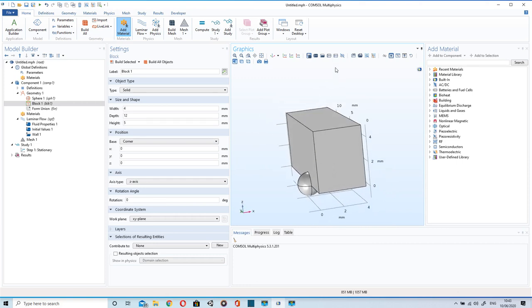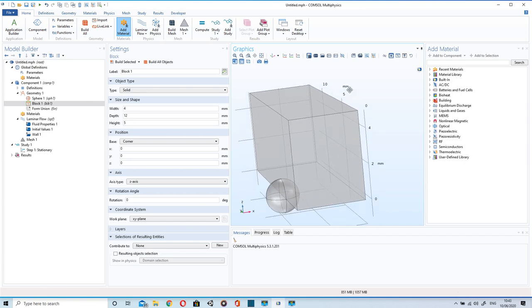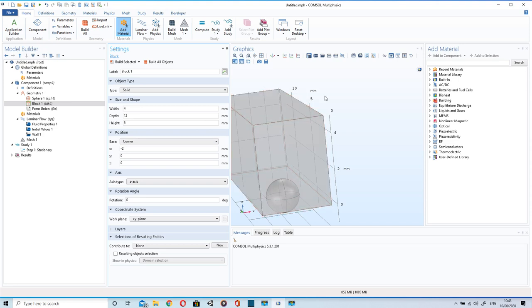First of all, let me change the box into transparency. Now I can place the ball or the sphere at the right place by changing the position of the box. Suppose I move the box in -2 units in X direction.